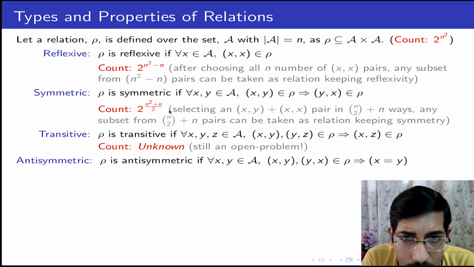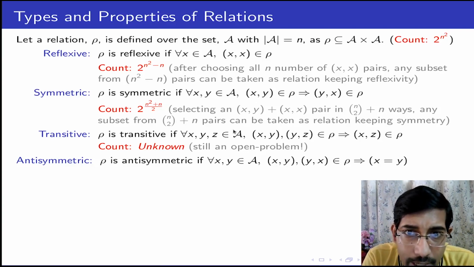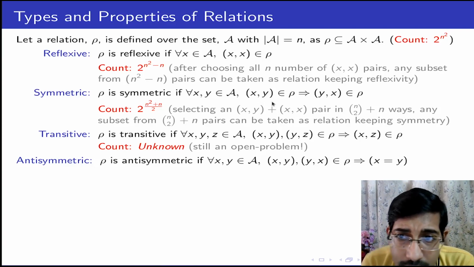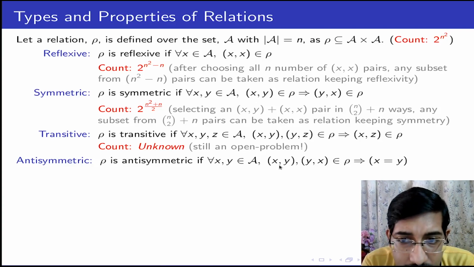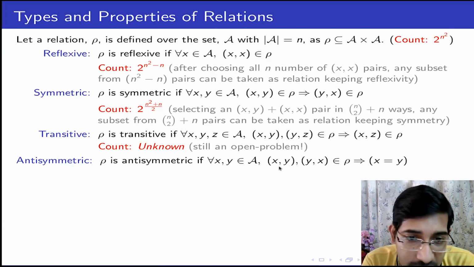So reflexive gives us a certain kind of property where we relate one element with itself. Symmetric says that the order of the relationship doesn't matter, only the property matters. So x is related to y immediately follows that the reverse is also true. Transitive says to transmit your relationship through a pivotal point or via another element. Antisymmetric says that you can order your relation.